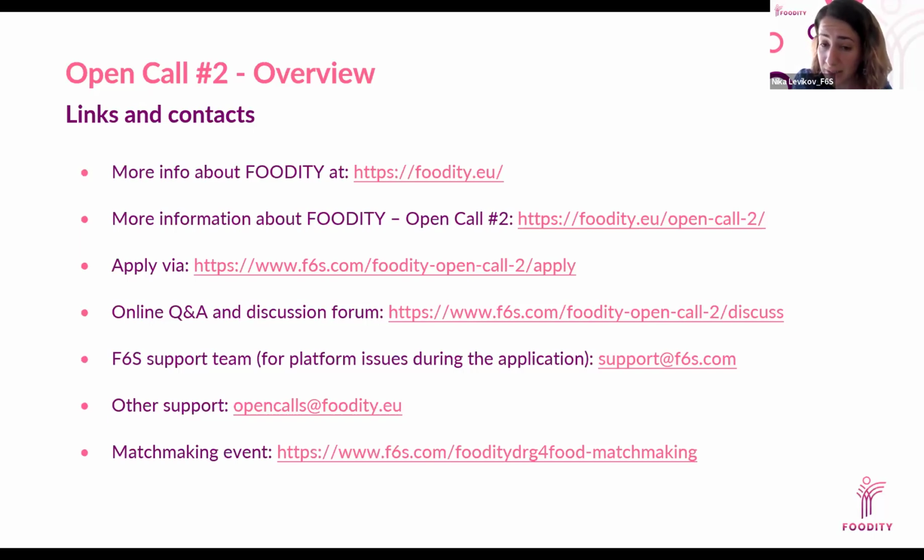With your consent, we will share your contact details. So if you see someone you would like to match with at the event, or someone likes your idea, then you can contact each other and perhaps develop a consortium. Of course, we can't guarantee any matches, but we are running this event specifically for entities that are looking to find a partner.